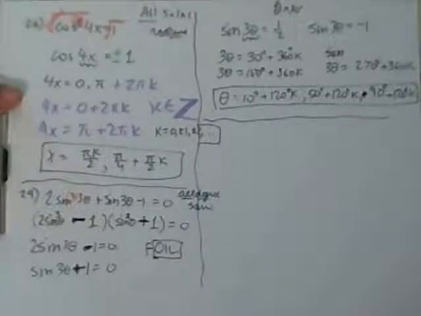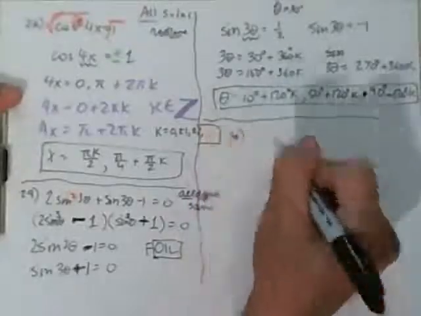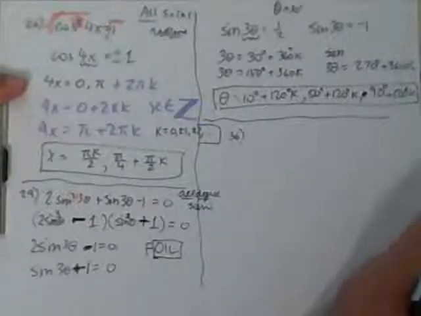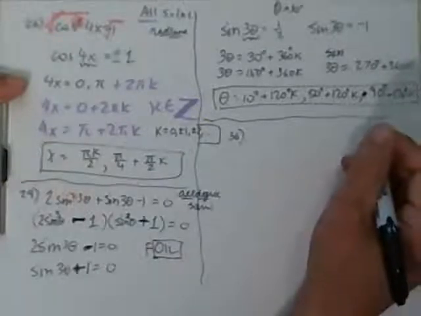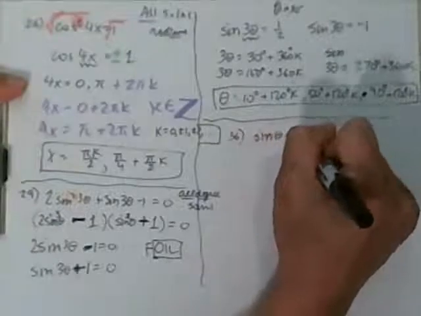Next problem. What number was it? 36. Ooh. How many minutes? About 30 minutes so far, a little bit less than 30 minutes. Number 36. The sine of the angle theta minus cosine of the